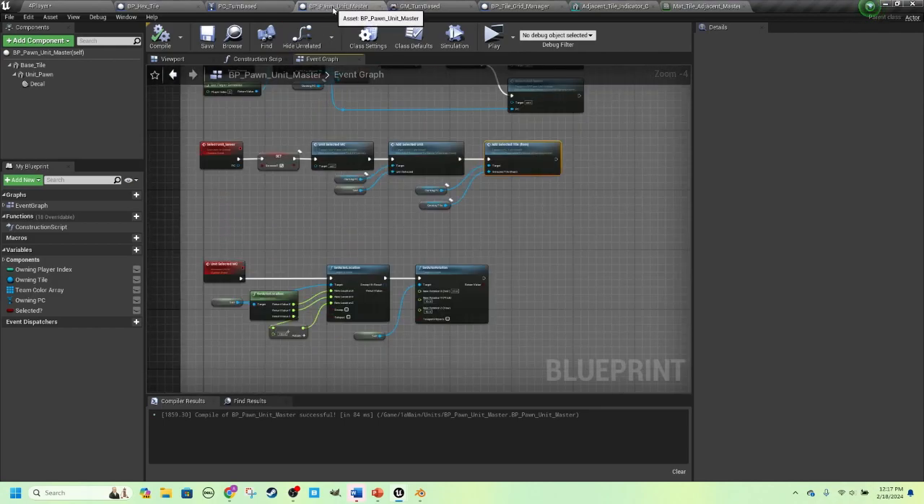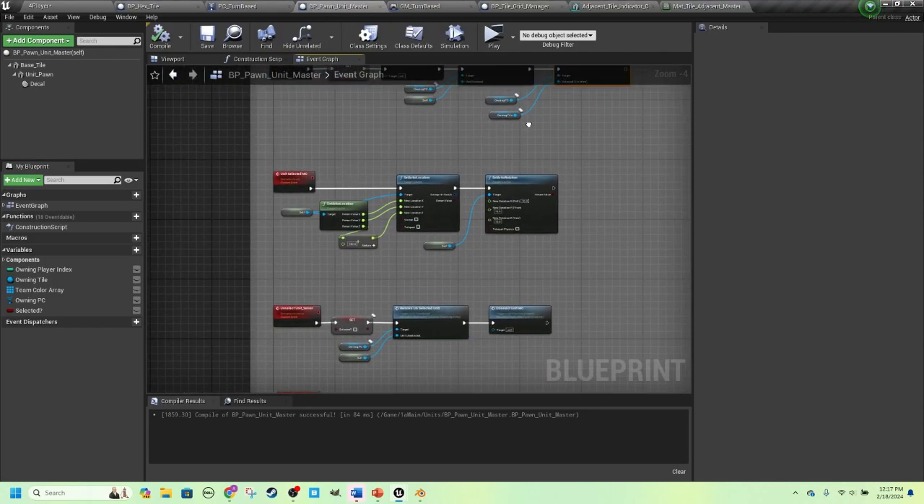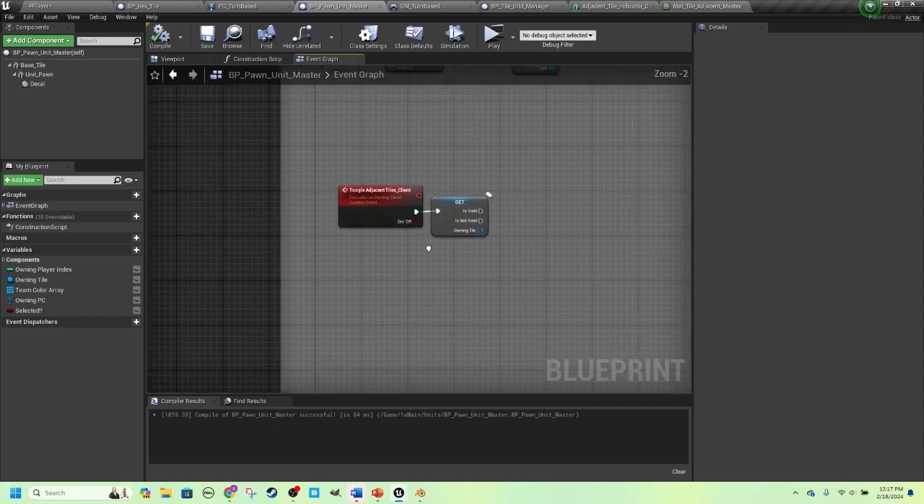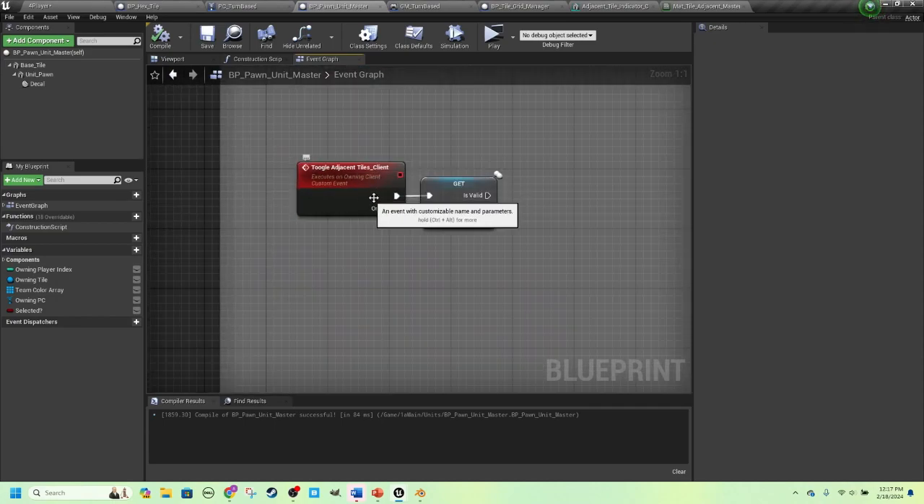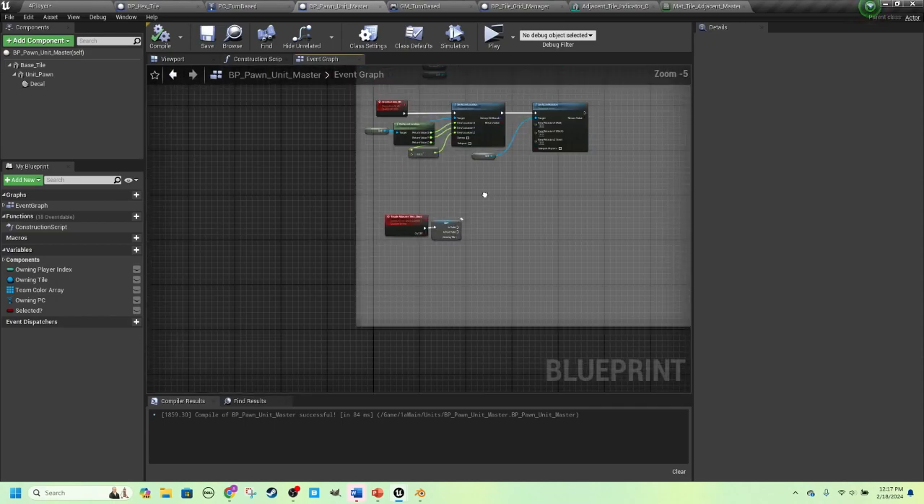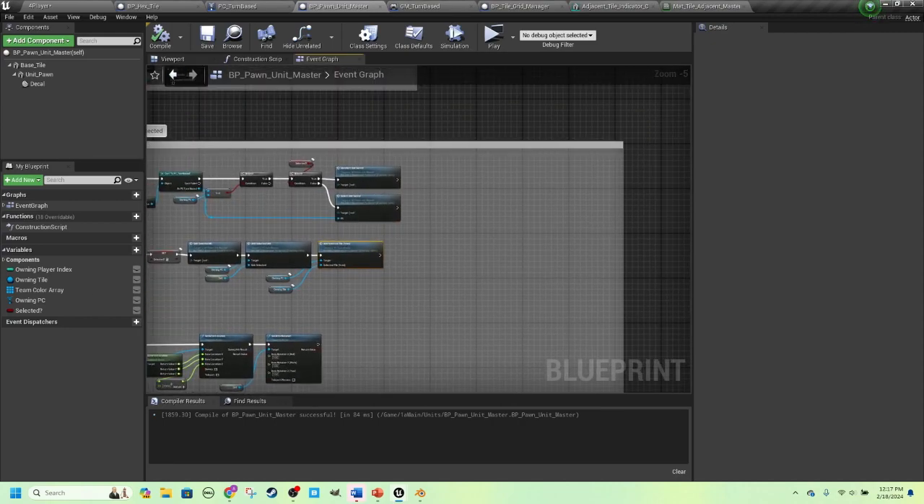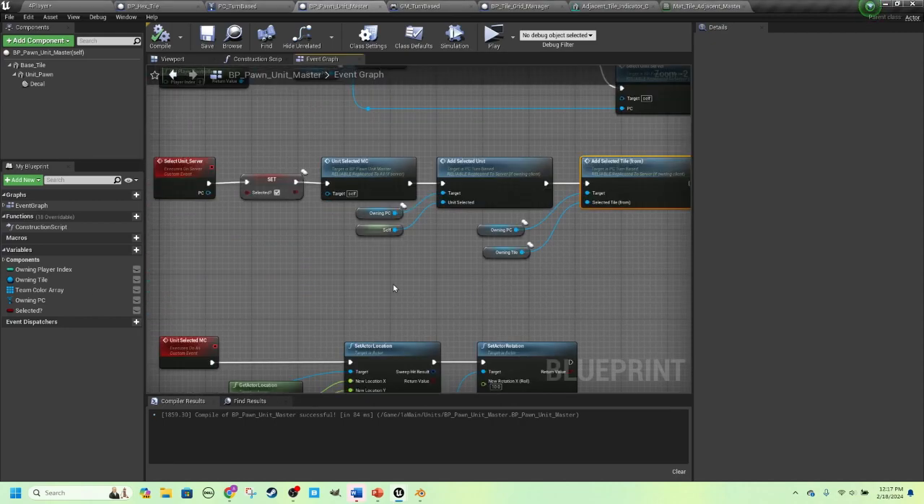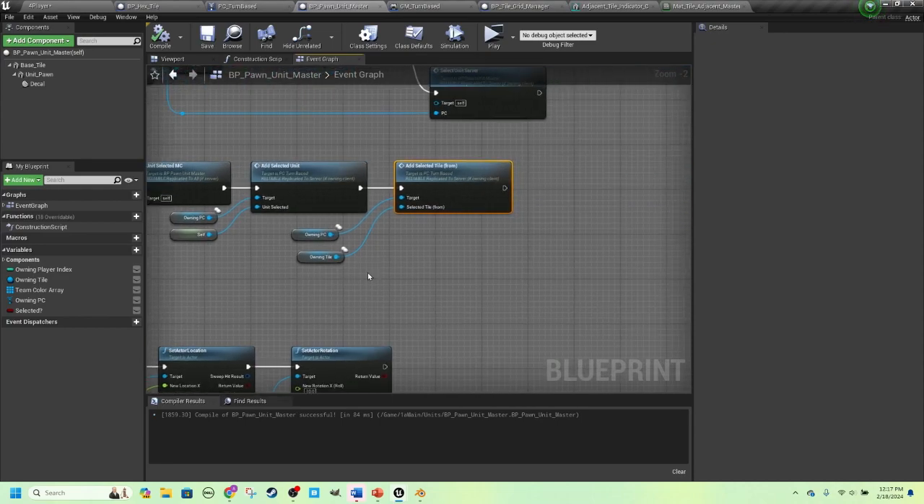So come into your BP Pawn Unit Master. So we made this custom event, toggle adjacent tiles client, but we never actually called it, and we didn't finish building it. So off of your select unit server,